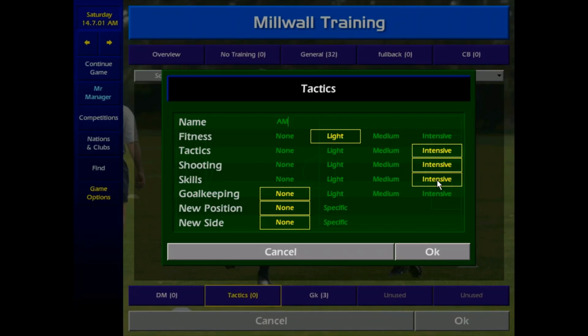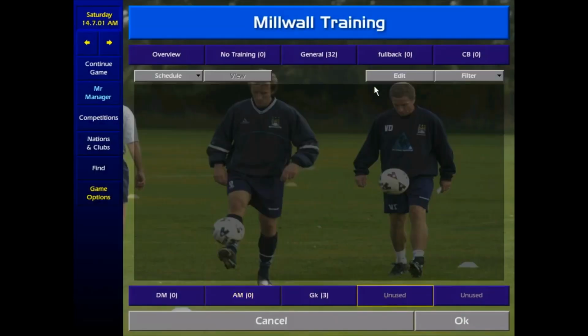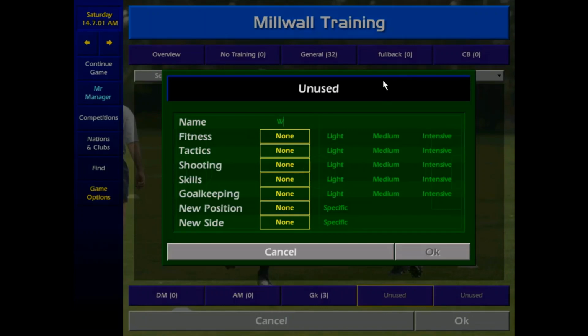When it comes to tactics, I'm not sure they need much at all. Maybe the positioning is all that's really important. So it can't be off completely because they need to work on their positioning, but they need to have it down on light. And then medium fitness. They need a bit of strength and things like that. So that's what we've got for our AM. We need to have our own training for wingers, as they're slightly different. The wingers are going to be a bit like our fullbacks were, fitness and skills intensive,